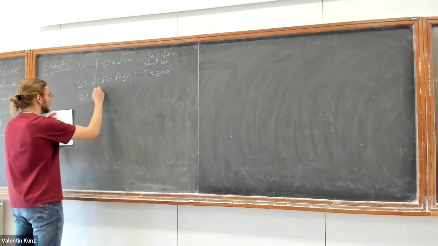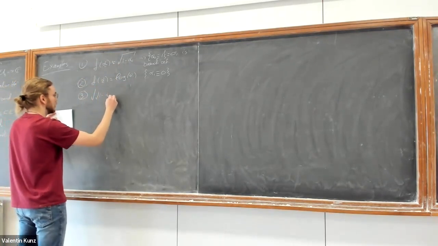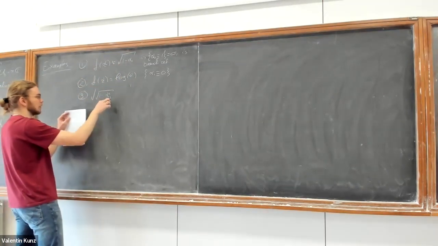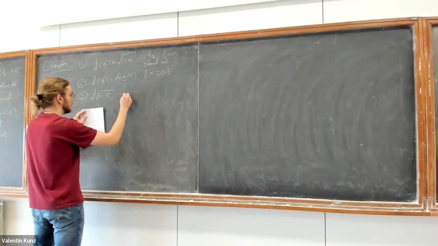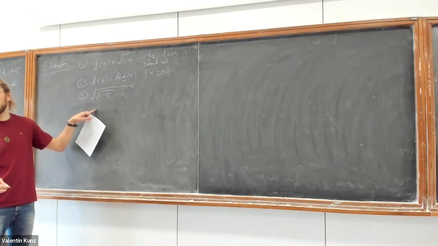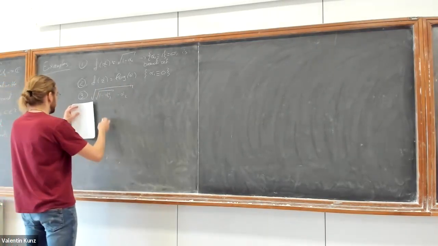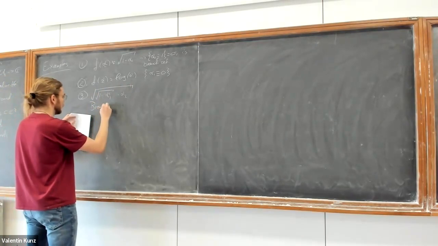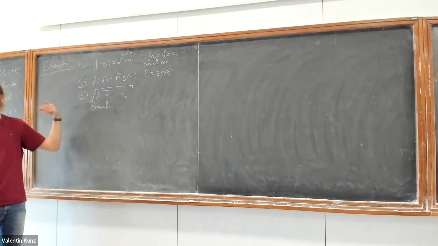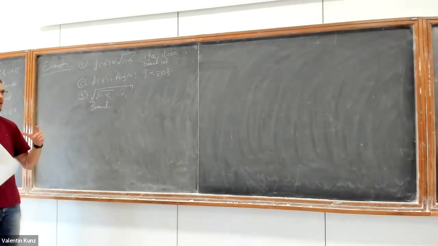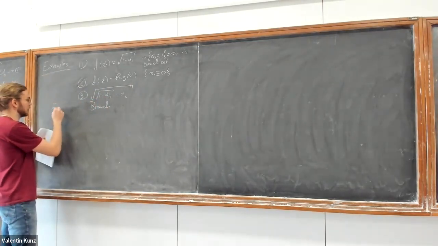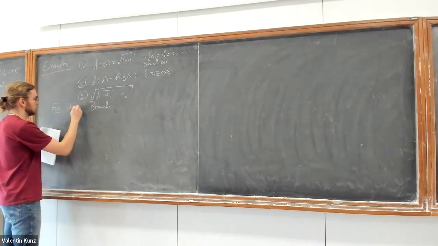For example 3, we can look at something like this, where you have the square root of 1 minus alpha 1 minus alpha 2. I will not go into the details of how to derive the branch set of this. Essentially, you would have to study all of the square roots separately and then match them together. So maybe as an exercise,